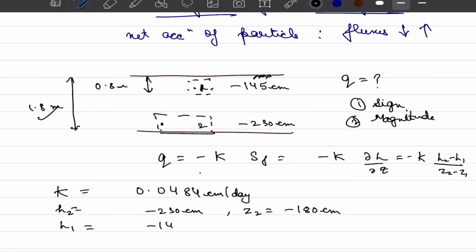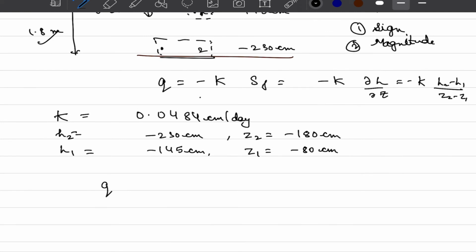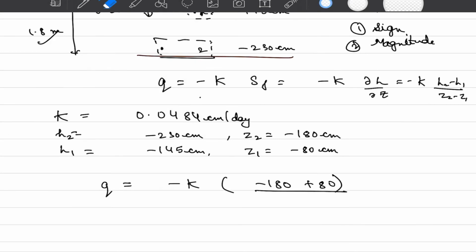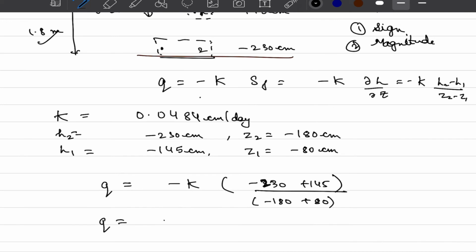H1 is equal to minus 145 centimeter, and Z1 is given as minus 80 centimeter. And when we write this expression, we can say that our Q is equal to minus K times, in the numerator we should have H2 and H1, sorry, so this should be minus 230 plus 145, and here we are going to have minus 180 plus 80, because there is one negative sign here also. After substituting the values we get the value of Q as minus